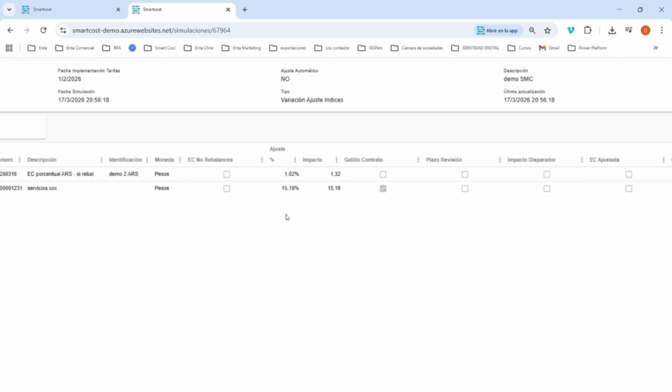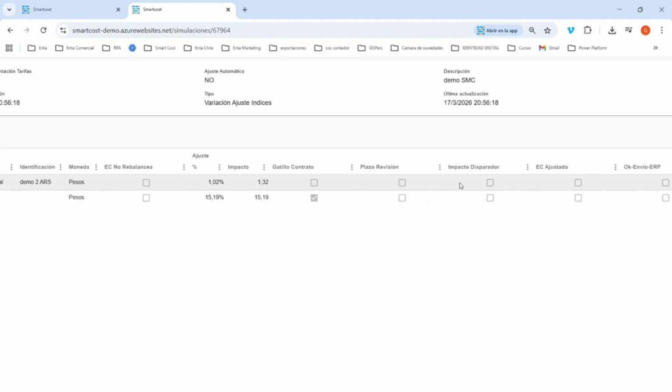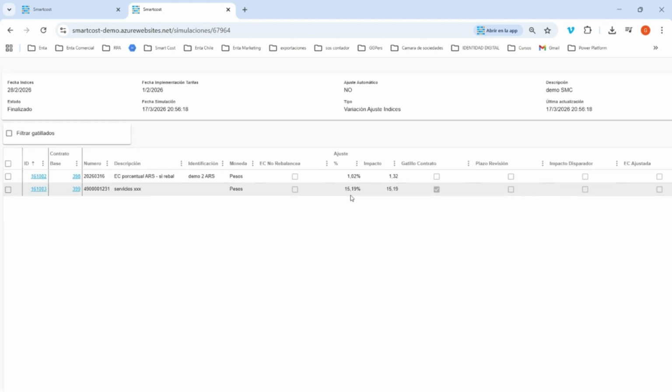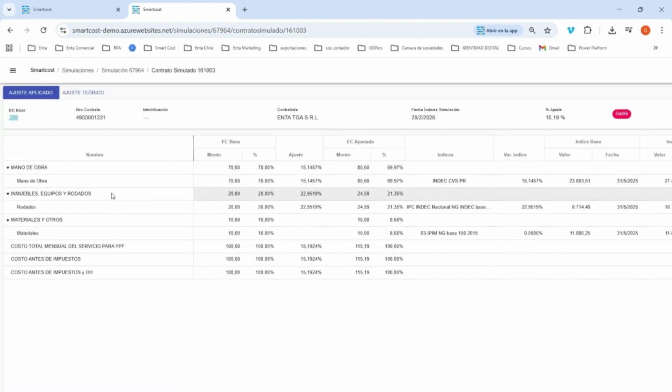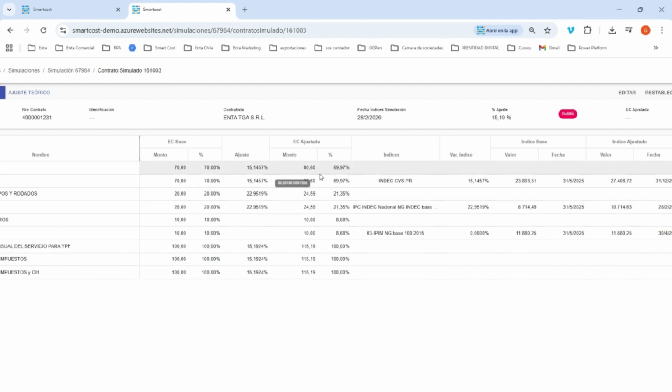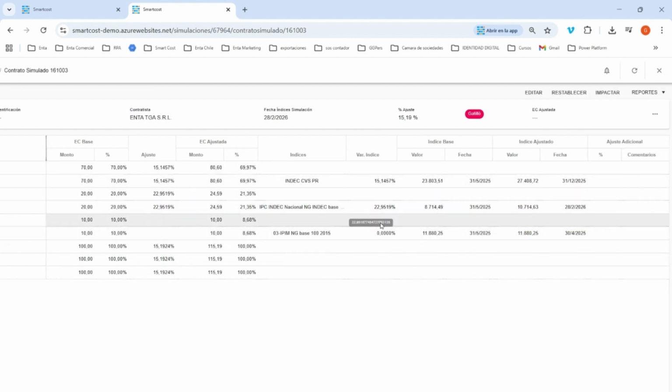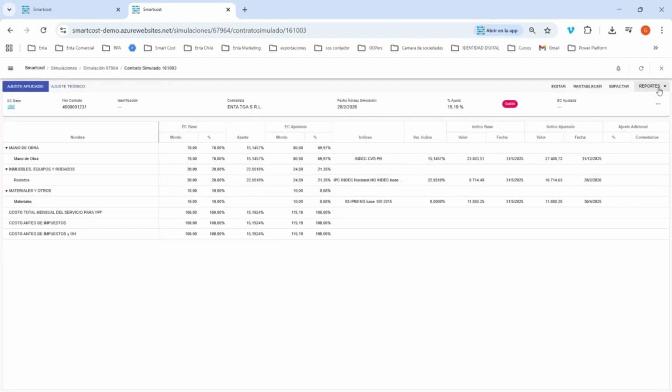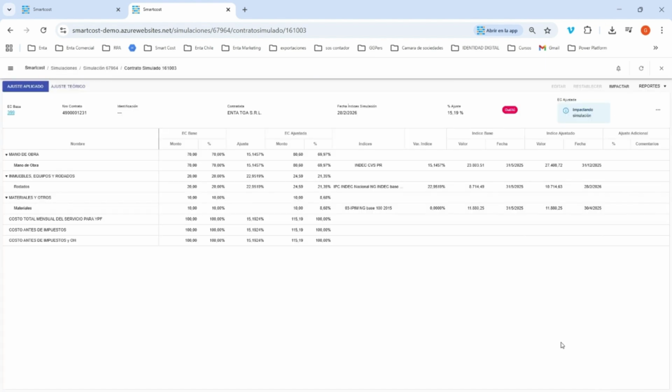Users can drill down to see full calculation details, including index values and variations, previous values, and new values. This allows full traceability of calculations and full transparency. Reports can be exported, including price evolution and adjustment details. Clicking Apply creates the new version, which is stored in the system history, showing updated contract versions, with updated dates